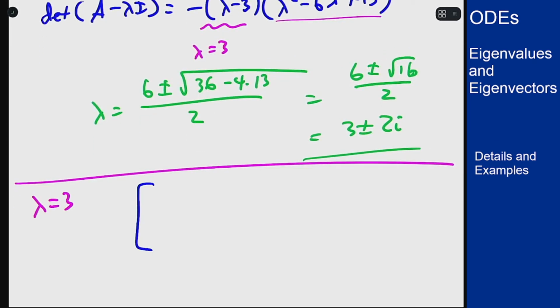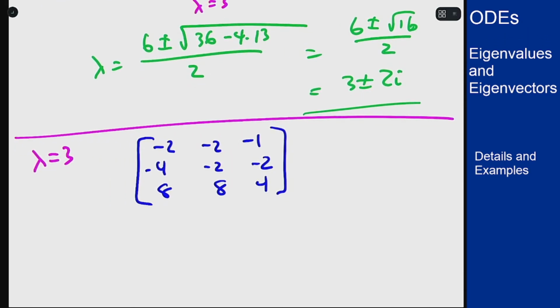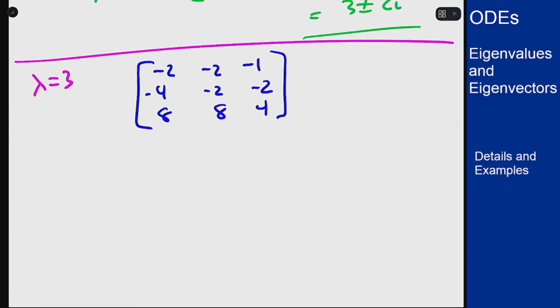So I want to subtract 3 along the diagonal of that matrix and see what I get. If I do that, I get the following matrix. And I want to row reduce to hunt for solutions. I can see right off the bat that the first and third columns are just multiples of each other. So if I do something like row 2 is row 2 minus 2 row 1, and row 3 is row